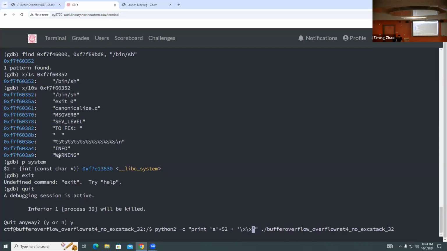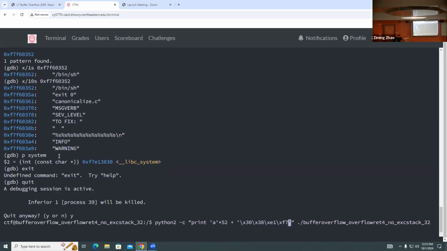Then the return address, in this case, is system, the function system's address, 30, 38, E1, F7, right? So if we just do this, we will be able to return to system, but there will be